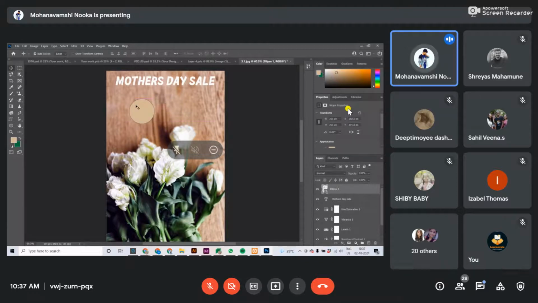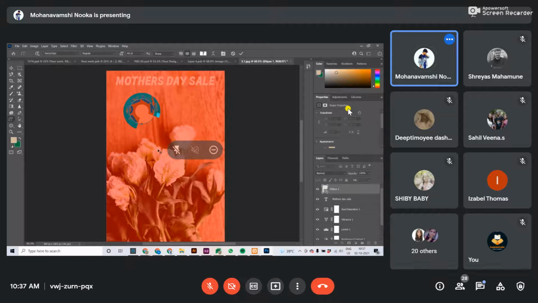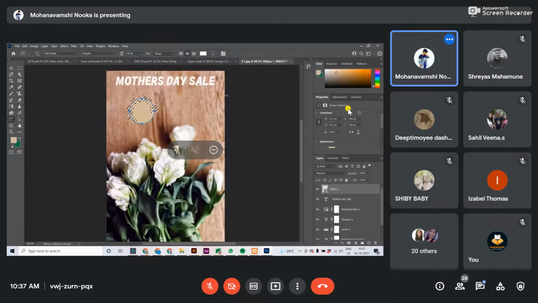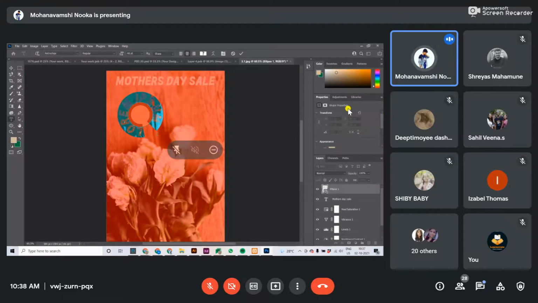I want to write text across this. Just go to the vertical type tool and go near this. You can find it like this, whatever you want. Text tool: instead of clicking vertical, click horizontal. Go near this.